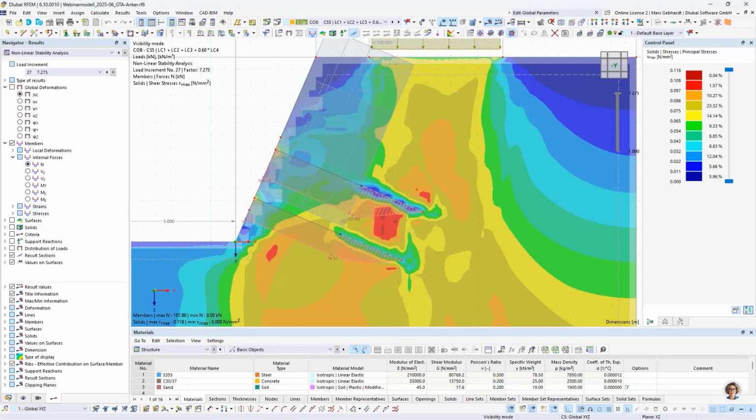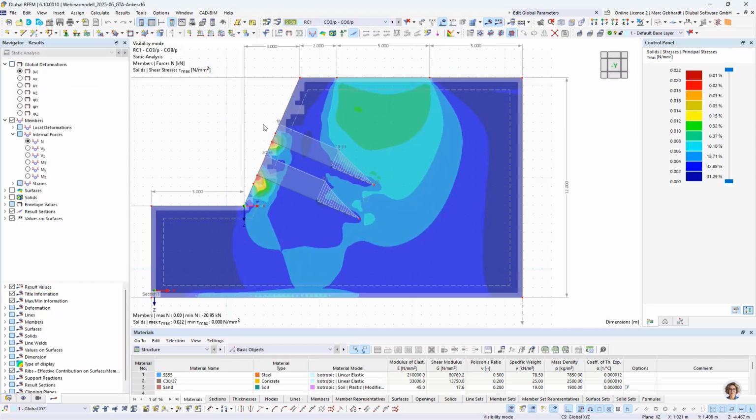So now we want to check the result combination to see our stresses in high values, and to a new window to check also the stresses in only self-weight load. So we see the contact stresses,